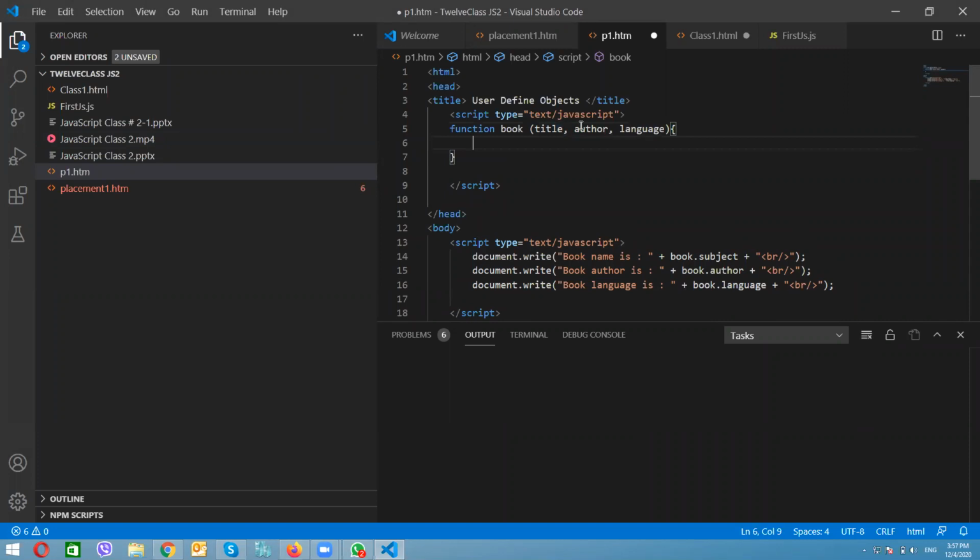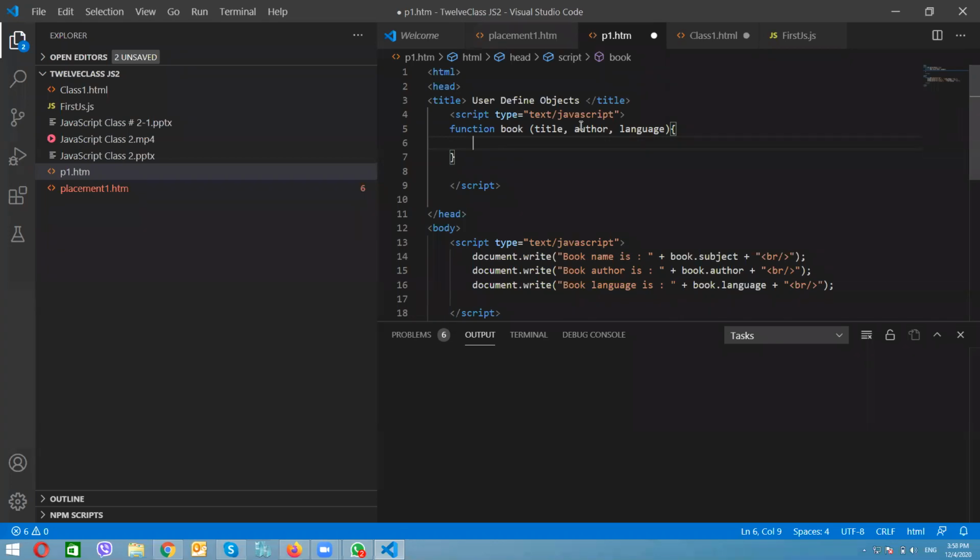Now what will we do? Because we are using a function, and within the function we are creating some properties.